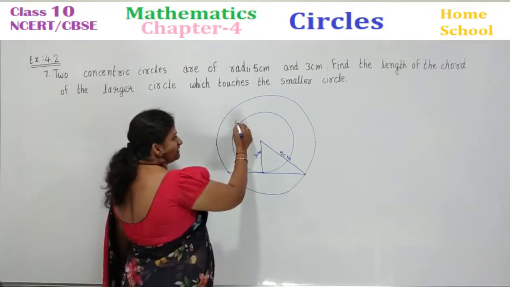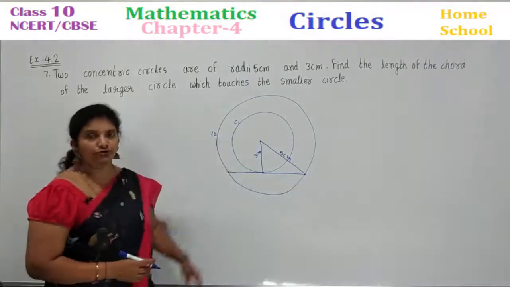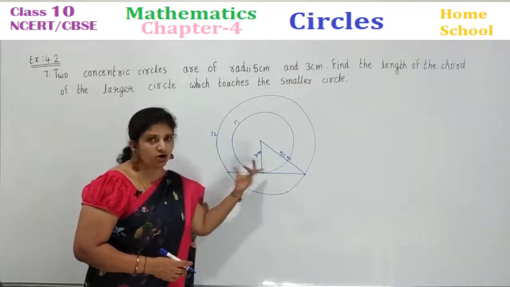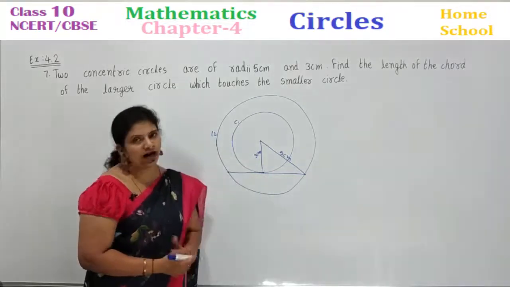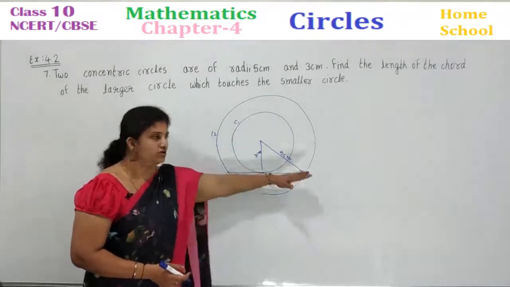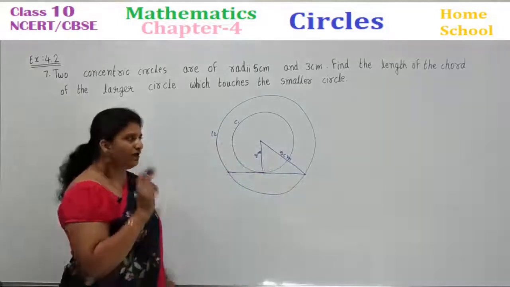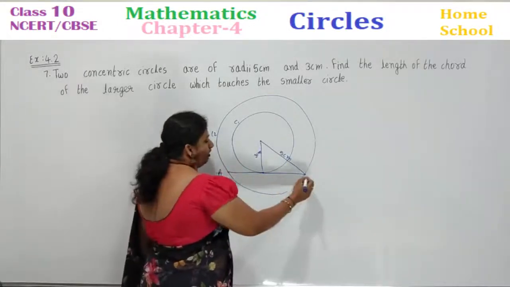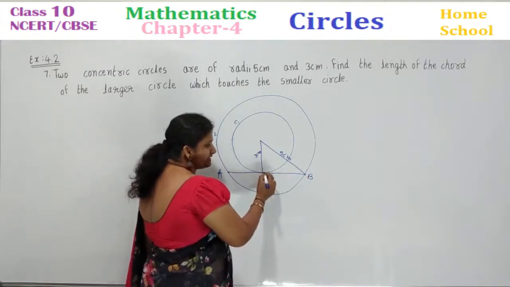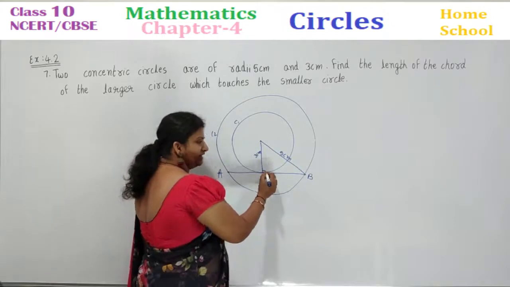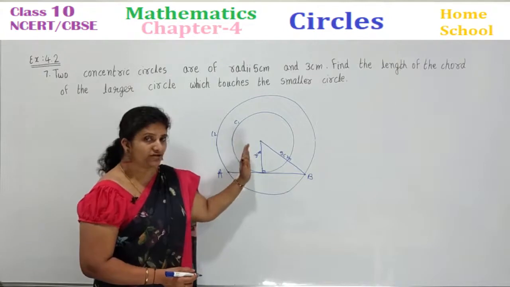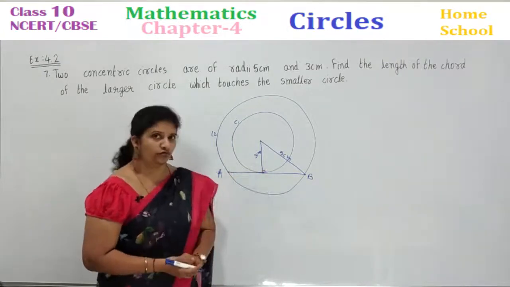Okay, understand the question carefully. Draw 2 circles. Let the 2 circles be C1 and C2. Draw a chord inside the larger circle and it should touch the smaller circle. Find the length of the chord asked. To find this length, I have joined 2 radii to form a triangle. And one more point I remember. If AB is a chord, this is an external point, right? Then if it is touching a circle, what does it become? Tangent. And immediately what do you remember? Tangent is perpendicular to the radius of a circle through the point of contact.